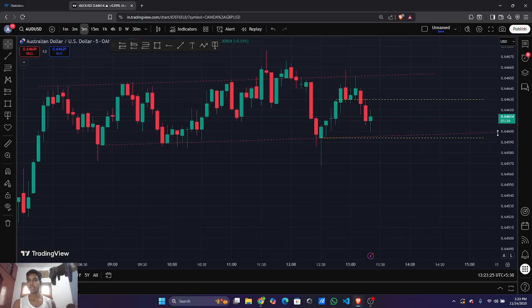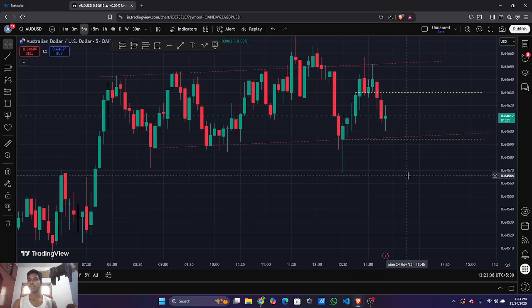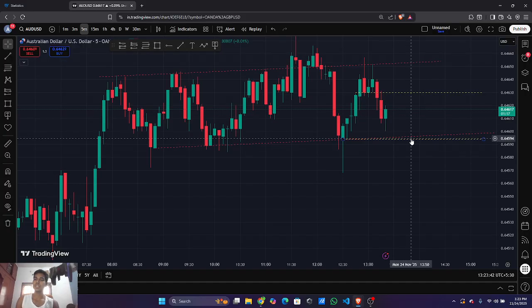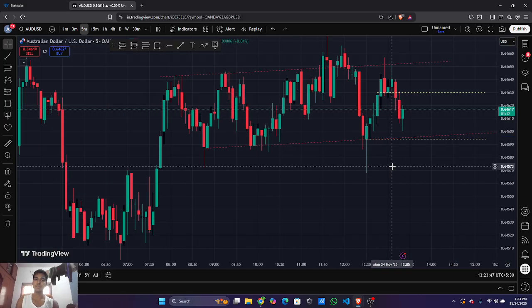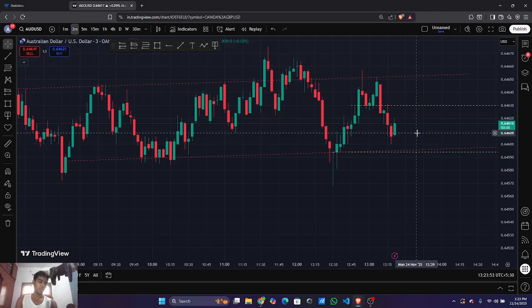And where will we sell? Maybe a 5-minute break of structure or 3-minute break of structure. If it turns out to be a green candle, but it is still in the zone. This is a level, an important level. If it closes below this, then we can be sure that yes, it is bearish. In 3-minute, okay, I would prefer to trade in 3-minute, and we will go to a third of the quantity,